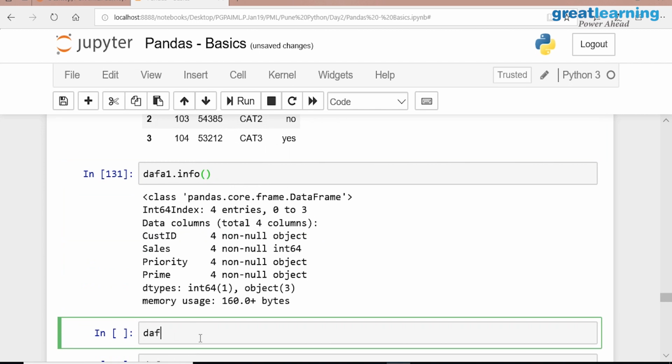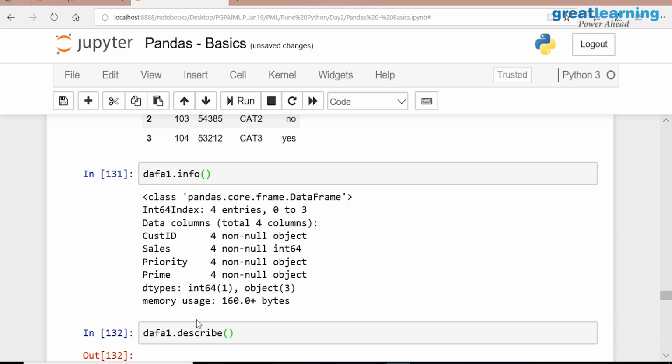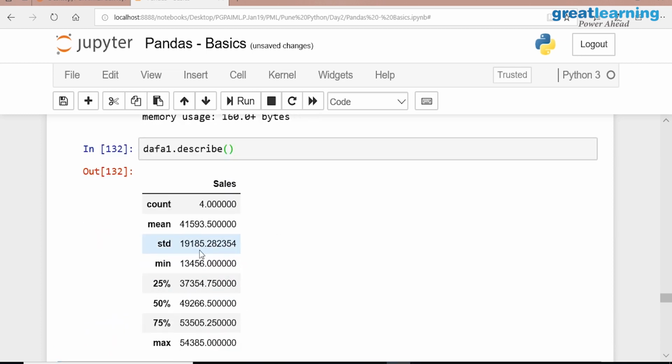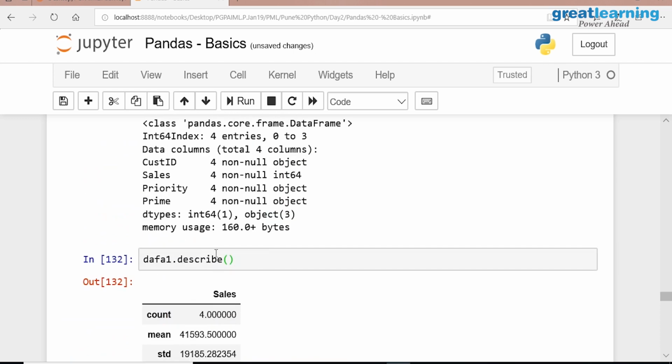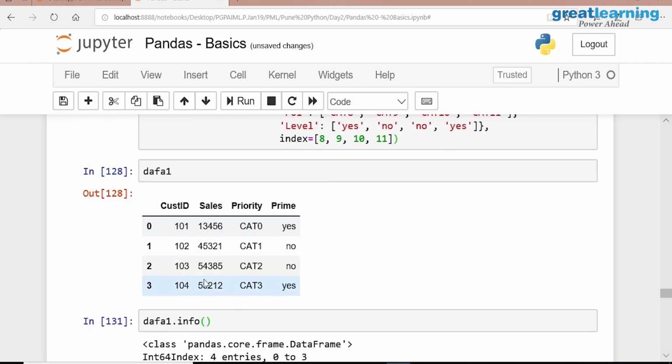Now, when I say DF A1 dot describe, see what it has. It is describing the entire data set, but it is taking only the sales data, because it knows the others are all objects. I will not be able to describe them.